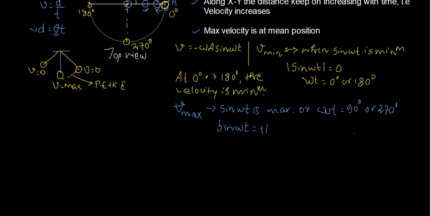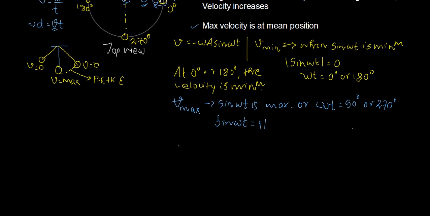-1. In this case, I can say that this is minus omega a sine omega t. So it will be -1, so it will be plus omega a. So I can say that the max is your max velocity that is possible. And this is your minimum velocity, right? So minimum velocity is obviously 0. So maximum velocity in this case, minimum velocity in these two cases. So that's it for this class. In the next class, we are going to discuss about